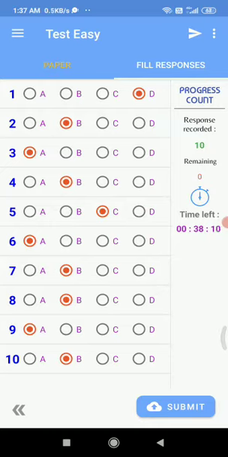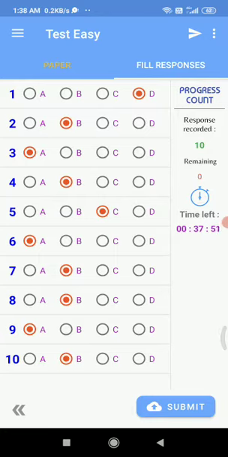After that, time left: 38 minutes left for your submission. So you have time. Usually for 10 marks we will give you 10 minutes. So like that it will be the timing. Timing and everything will be mentioned in the circular. Now the time left is 37 minutes. See, it is reducing second by second, isn't it?